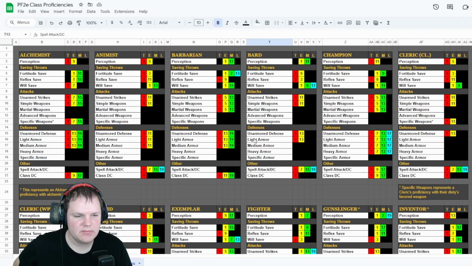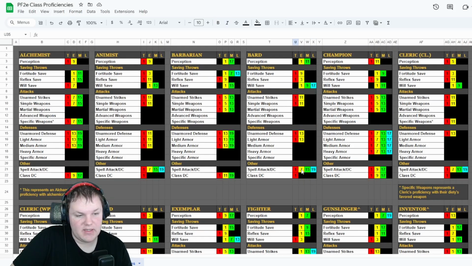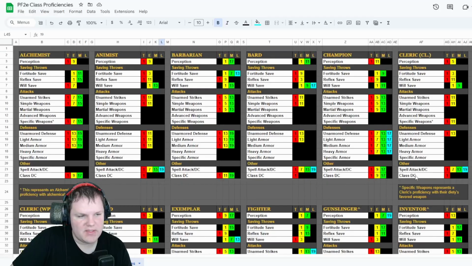I went through, and it's kind of nice. I like this view even better because it gives you an idea of what they focus on. A barbarian is way more into attack than defense, because they get their attack so much sooner. Champion is also way more into defense because they get their defense at the same time as their attacks. 5 and 13 is still martial focused, I've started to learn. Fighters are even better at 11, 13, and then 19. Anyone who gets a legendary in their